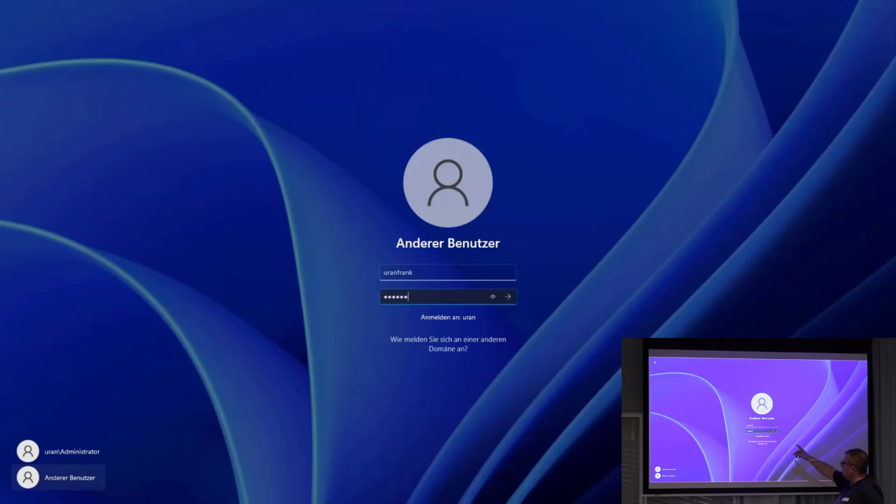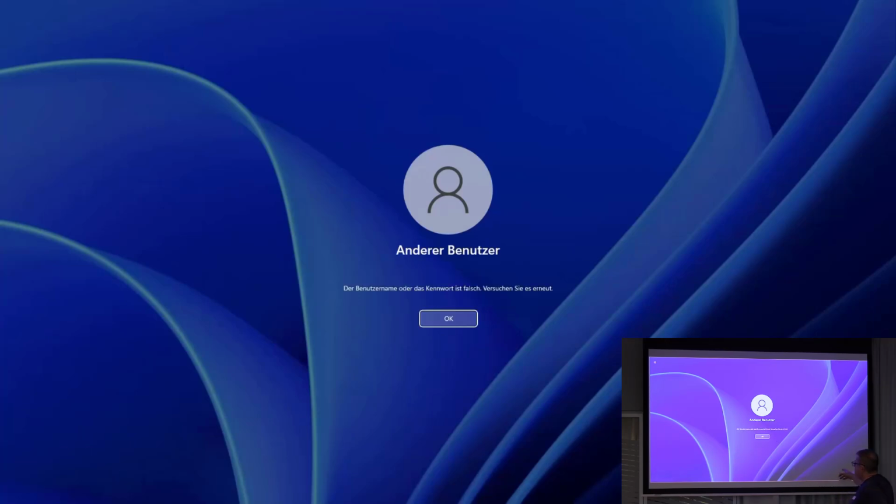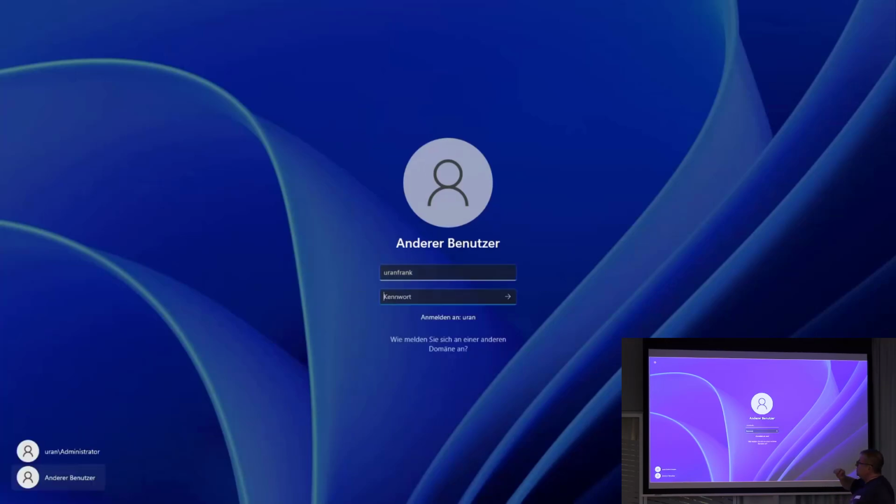And here's another problem because we use here German systems with English language package. And in my test environment, we have an English driver for the keyboard. And so it's a little bit complicated with the backslash here.